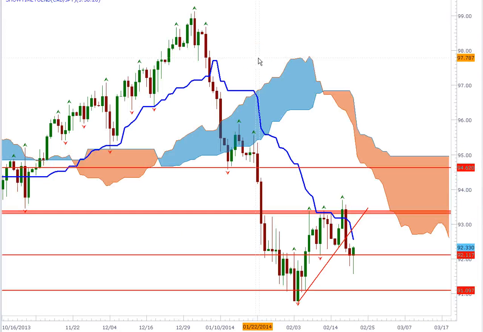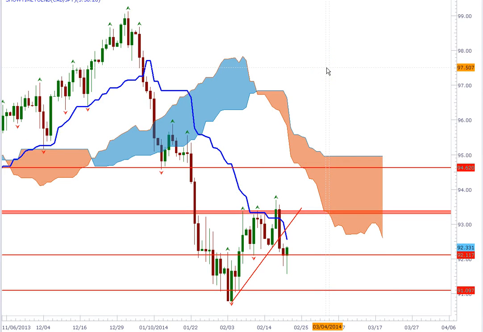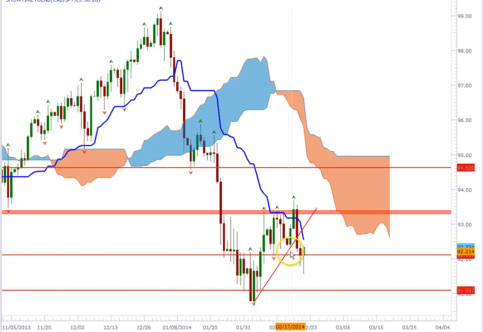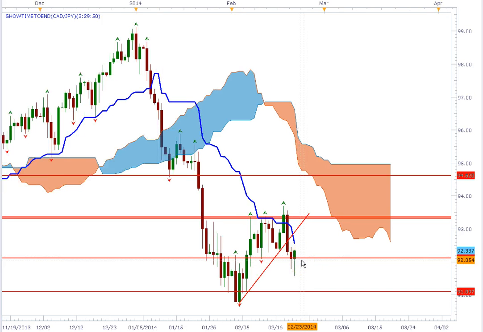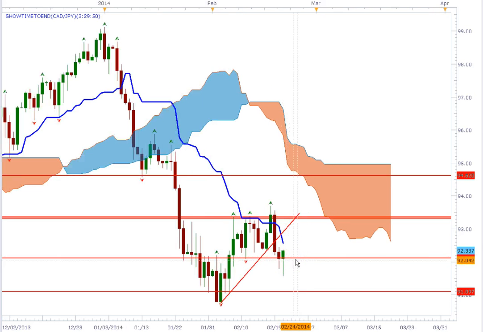CAD Yen daily. This is CAD Yen on a daily time frame, and I just wanted to show that we have this strong move down, and then we had this retrace. On the daily time frame we got a nice pin bar so far, so we may be getting some more upside, but you can see how the momentum is showing that we're strong to the downside with